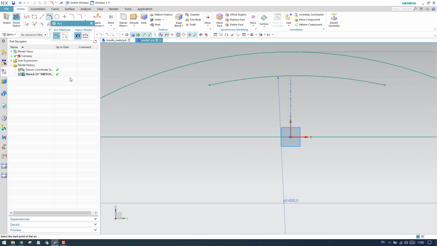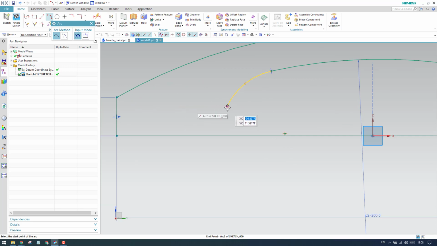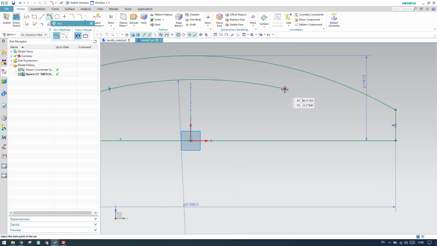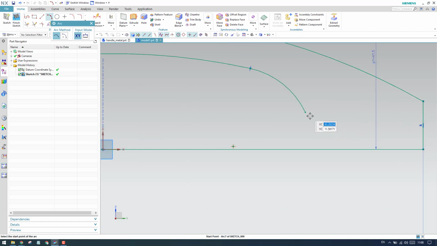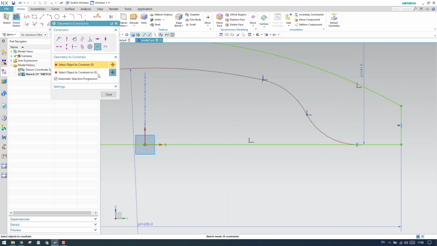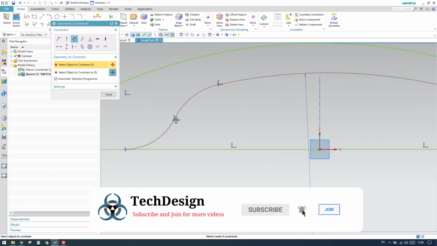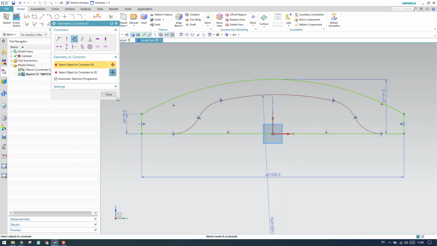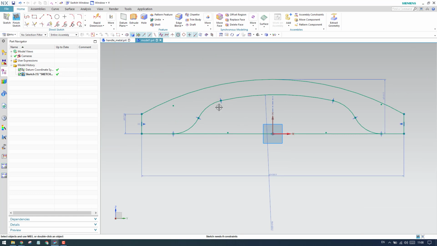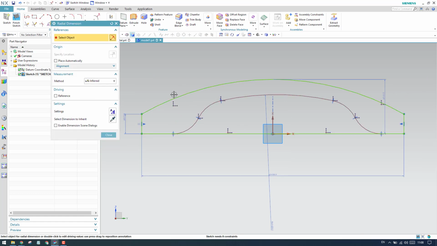Next we have some arcs here, so let us create some more arcs. This is one arc, and there is one more arc which is tangent to these two lines. In the same way I'm going to draw it on the other side as well. I'll give a dimension later. Before giving a dimension, let me constrain these. All these curves are tangent to each other. If there is no tangency existing, just give a tangent constraint. Now let us give a radius dimension.